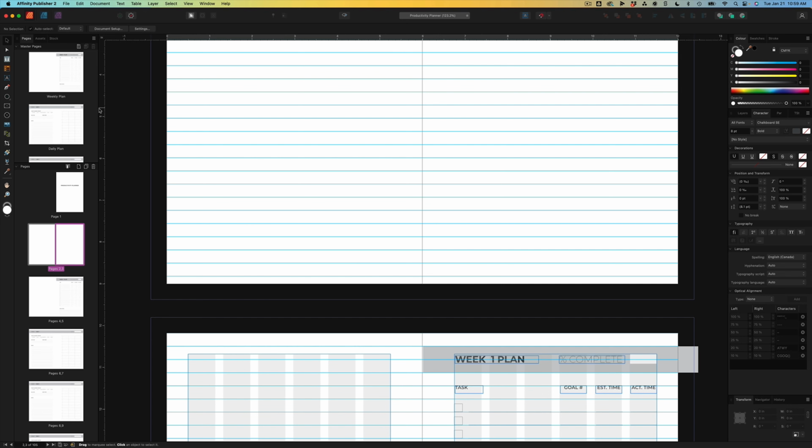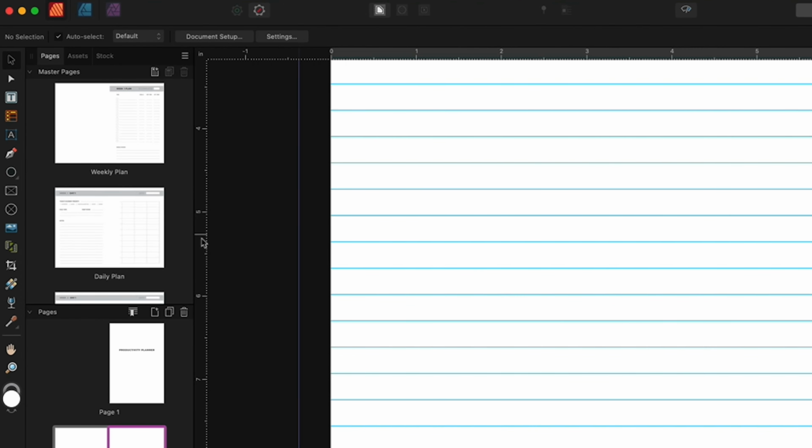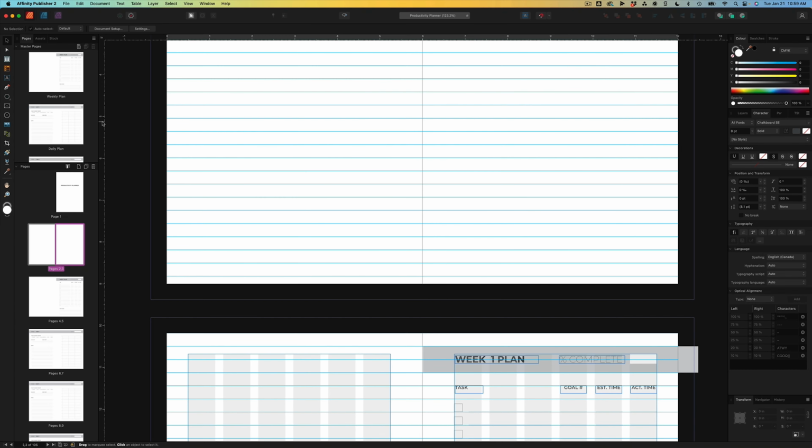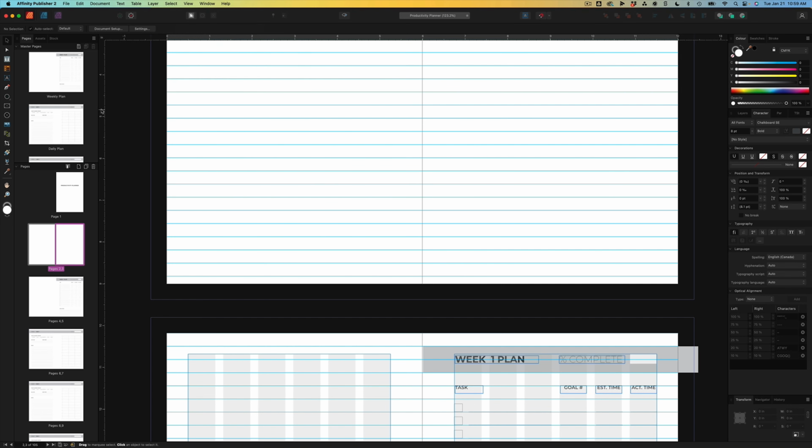I'm kind of going to wing it right now, and it's going to give me an opportunity to show you something else here. I've just got my cursor over toward the left-hand ruler here. And if you can't see a ruler, just go up to View and make sure you've got Show Rulers checked. You can just click here and just drag a ruler out wherever you want it. So that's kind of handy. So I know that my margin is like 1/2 inch, so I'm just gonna drag